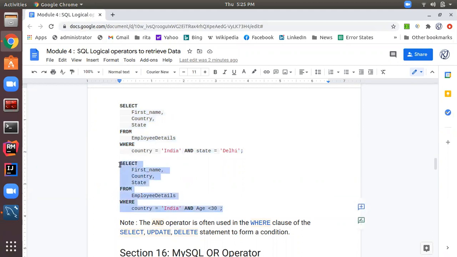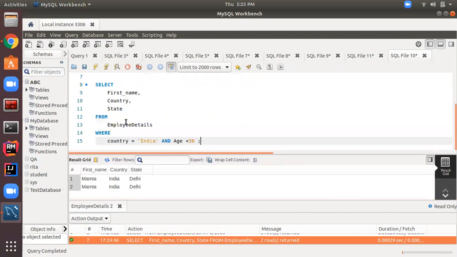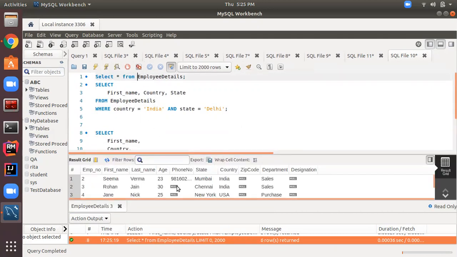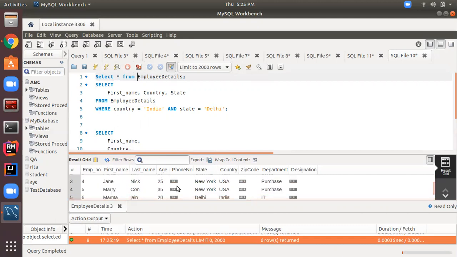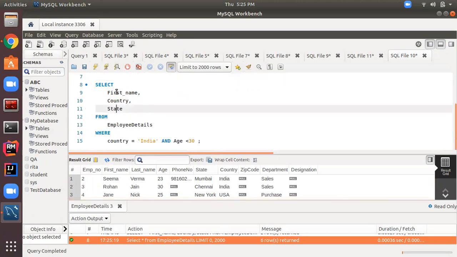Let me copy this. First of all, let's check whether there is any record present, where country is India and age less than 30. There should be three records in the output when I execute this query.